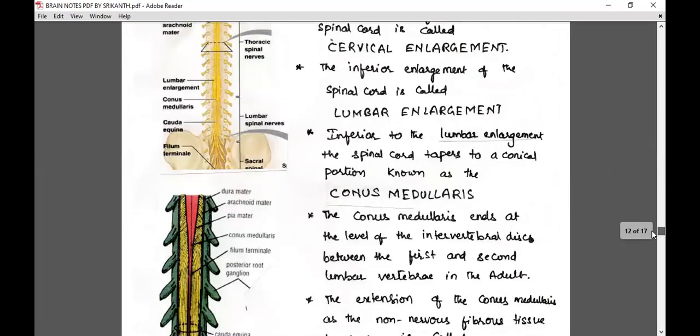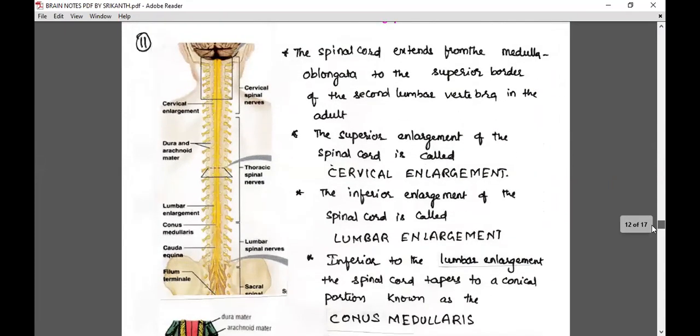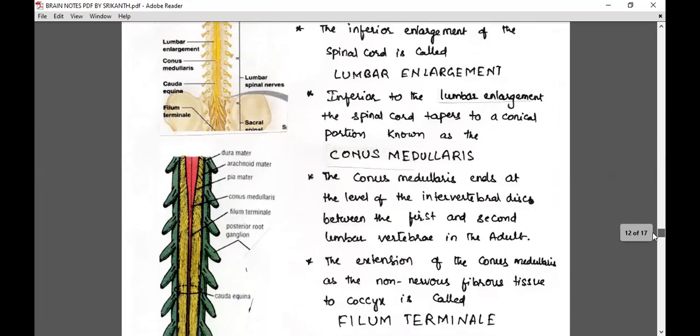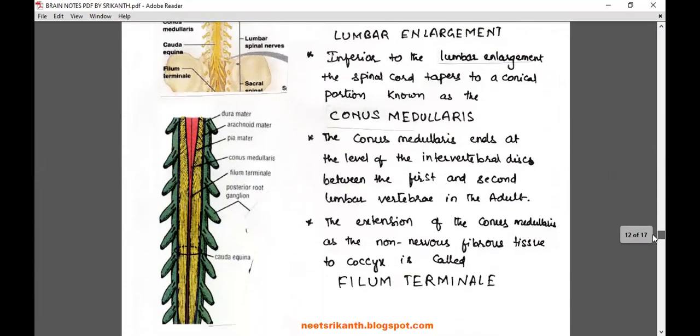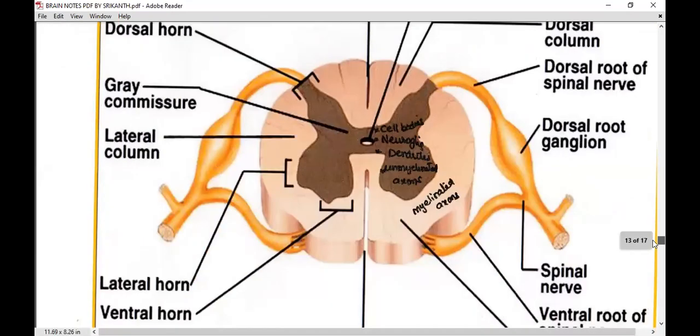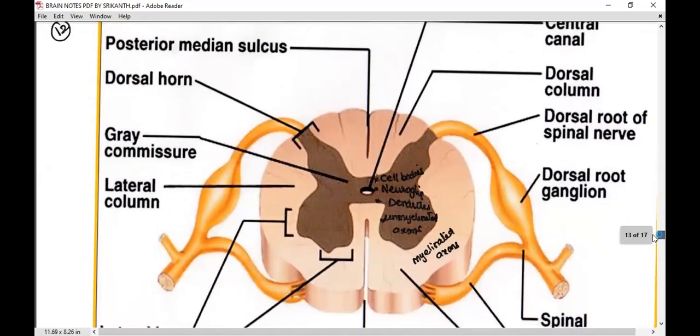Now, let's talk about the spinal cord, the thoracic spinal nerve. When a nerve is emerging out and we consider it as PNS, we call it a nerve. So here it is the gray matter. I wrote this inside: cell bodies, dendrites, unmyelinated axons. Neuroglial cells are different things, supporting cells that we learned in first year. Because of cell bodies and dendrites containing Nissl granules only, this area appeared gray in color, isn't it?